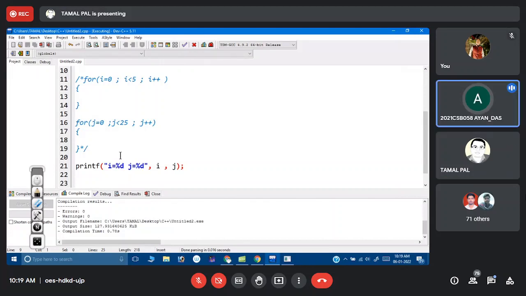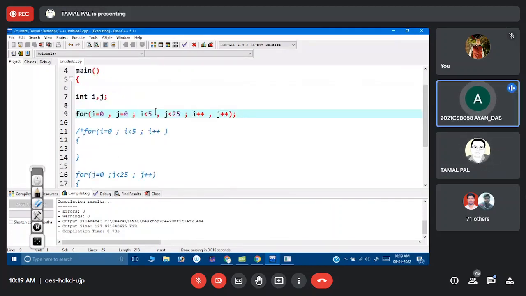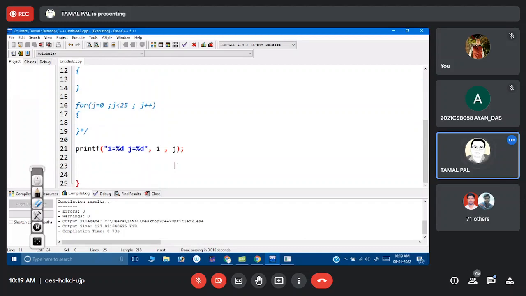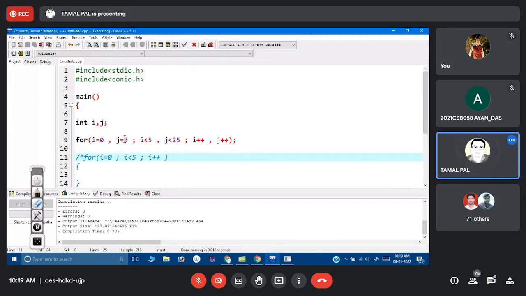So the loop will run until the second condition is also satisfied. That's the reason why i is also getting increased, even if the condition is false. Actually, we never use this type of thing together, but it has to be tested practically.